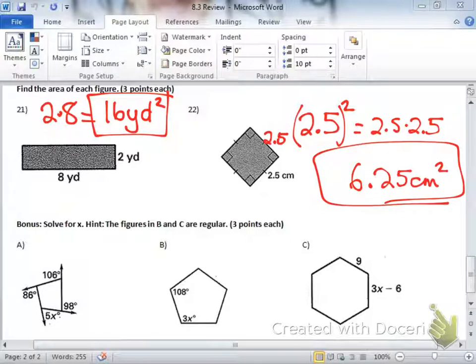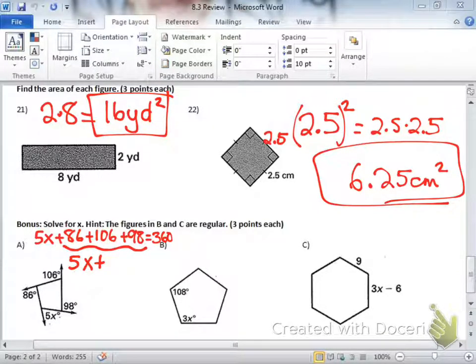The exterior angles always add to 360. So we're going to do 5x plus 86 plus 106 plus 98 equals 360. These are like terms, so we can add them together. So we have 5x plus, let me type that in, 86 plus 106 plus 98,